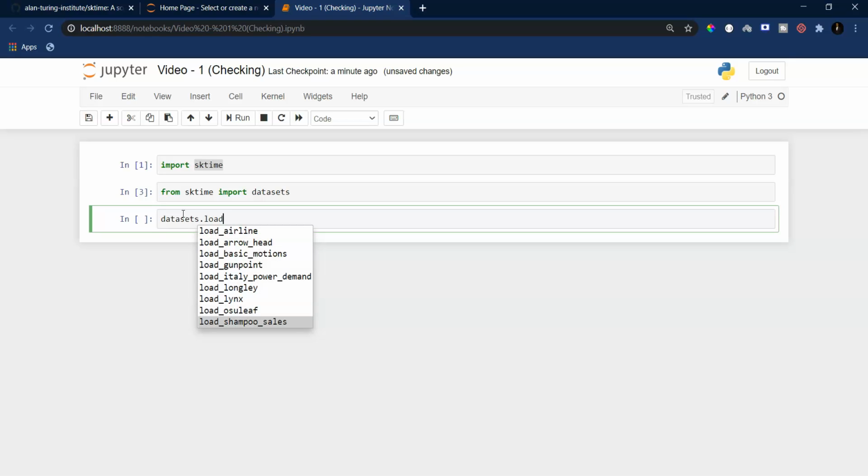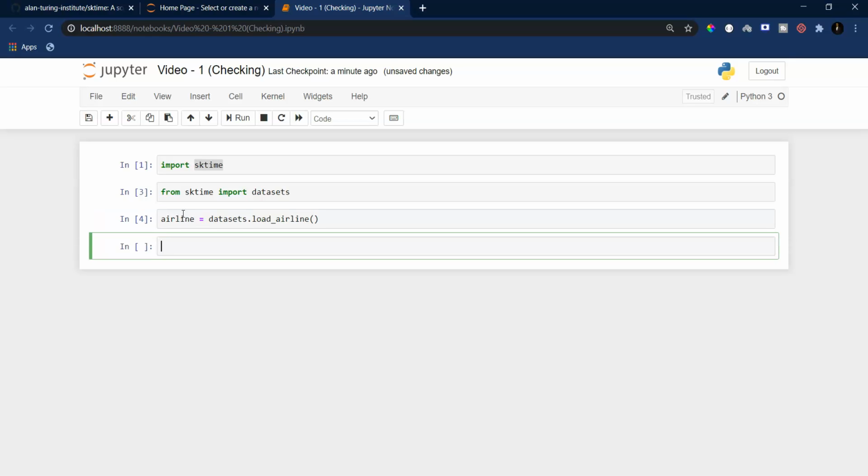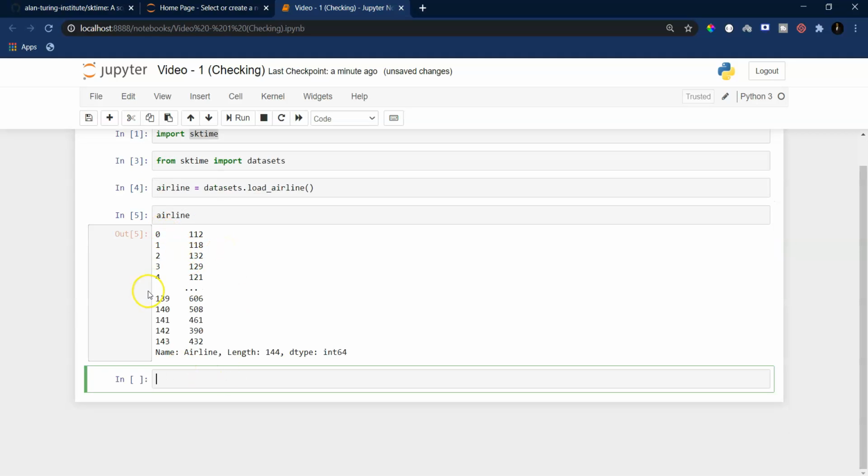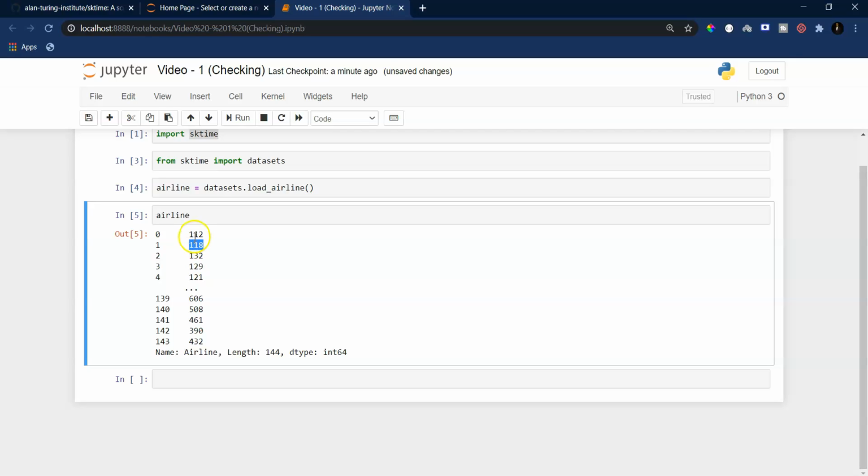So yeah, these datasets we get once we install skTime. So let me load this airline data, and let me store this airline data in airline. Okay, and let me quickly look at this particular data. Now you can quickly see the way it looks. So you might be asking yourself what exactly these values are representing. Okay, so these values are actually the number of flights taken in a particular month starting from 1960 to, I guess, 1980. So why can I call it time series data?